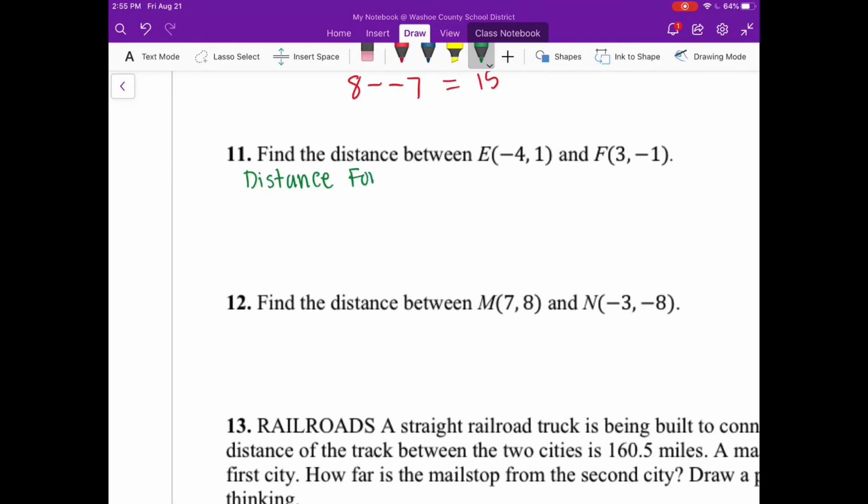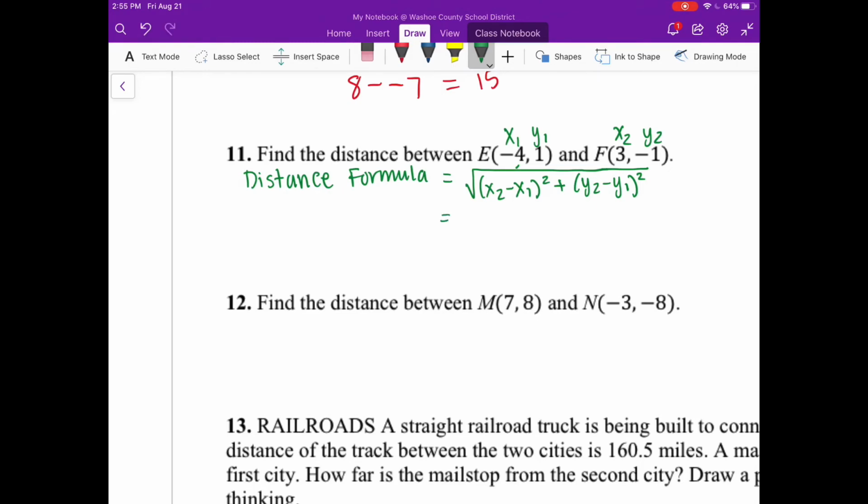And the distance formula is on the first page of these notes. Okay. And remember I said that you may want to label your points first. So this is your x1, y1, x2, y2. And the distance formula is square root of x2 minus x1 squared plus y2 minus y1 squared. Then once I label the points and which one's x1, y1, and so forth, then it makes it a little bit easier to go ahead and